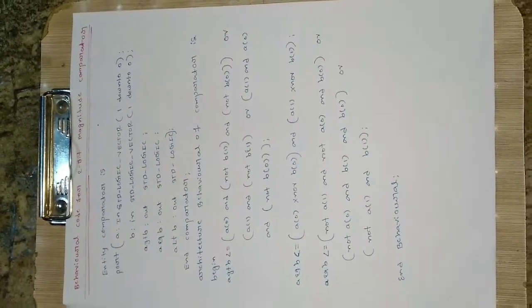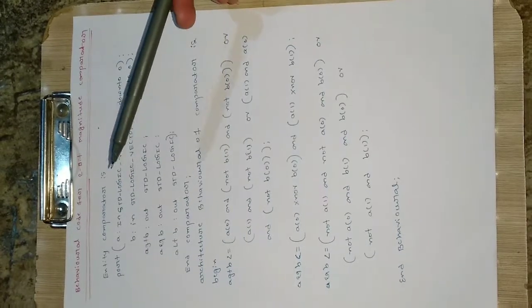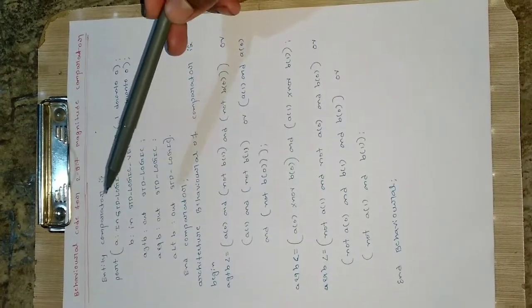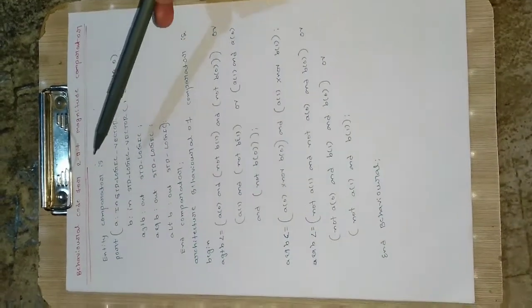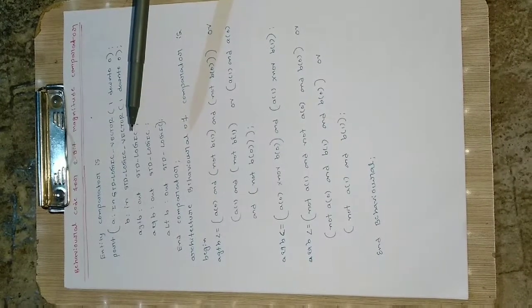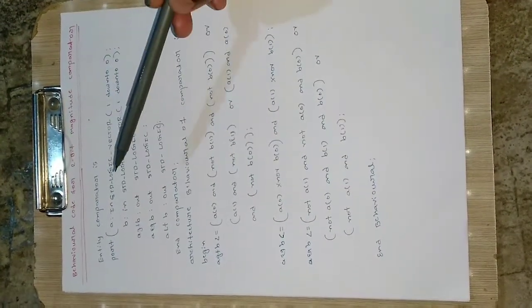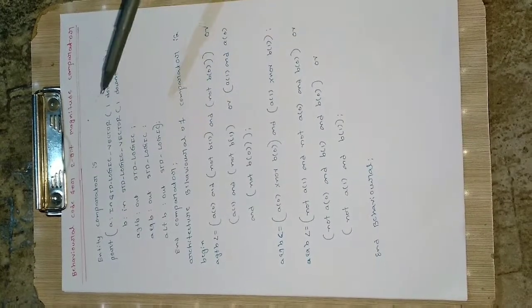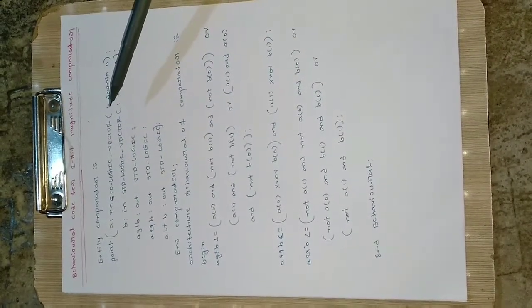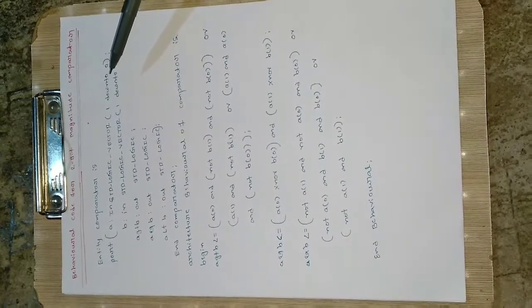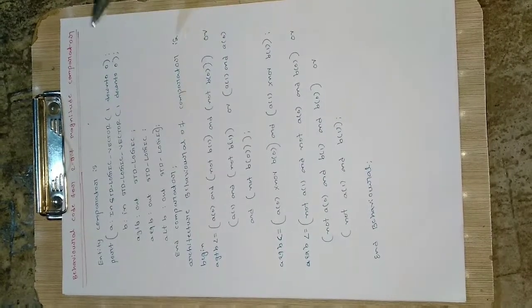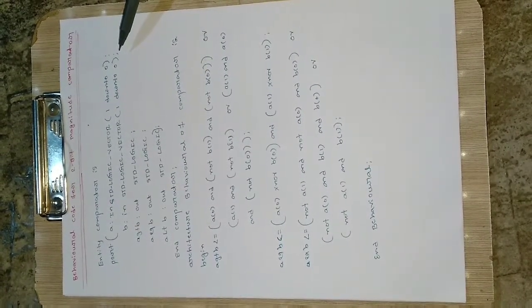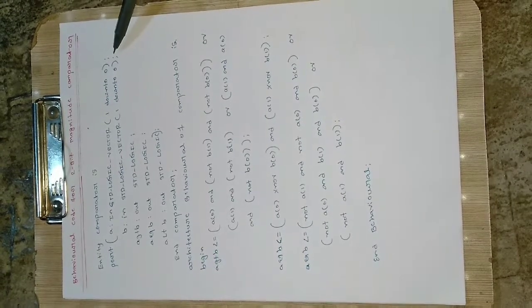First we will define the entity, and I have given the name comparator. So, entity comparator is; you can give any name, it's of user choice. Then port, where you have to define the input and output ports. A is an input of type std_logic_vector, so A1 A0, that's why a vector of 2 bits, that is A(1) and A(0). So 2 bits are there, 1 down to 0, then semicolon. Then similarly for B, in std_logic_vector 1 down to 0. So A1 A0 and B1 B0 we have defined.